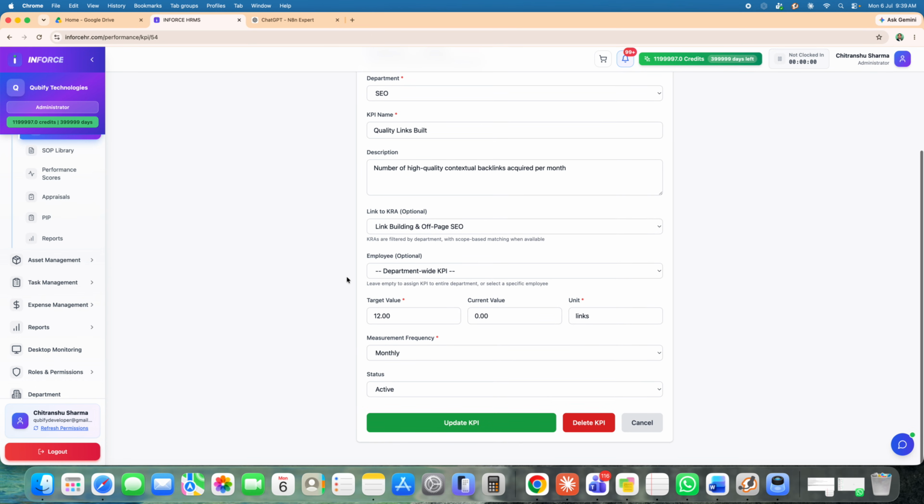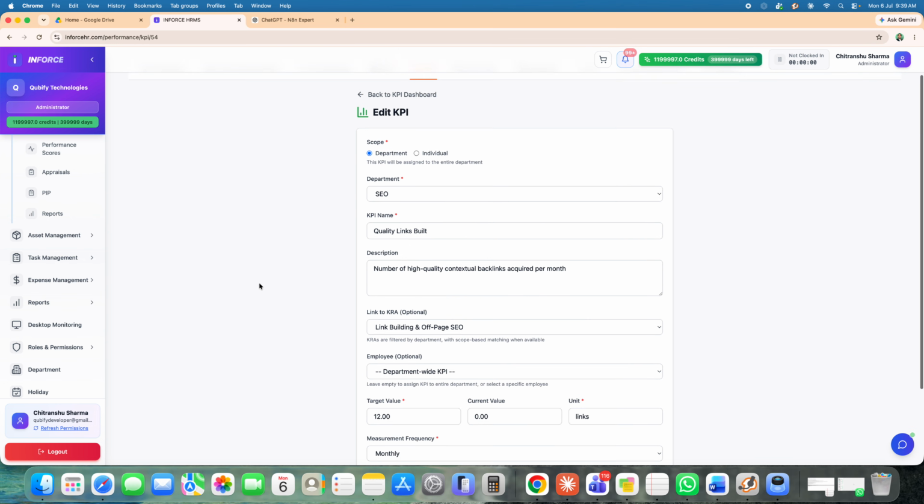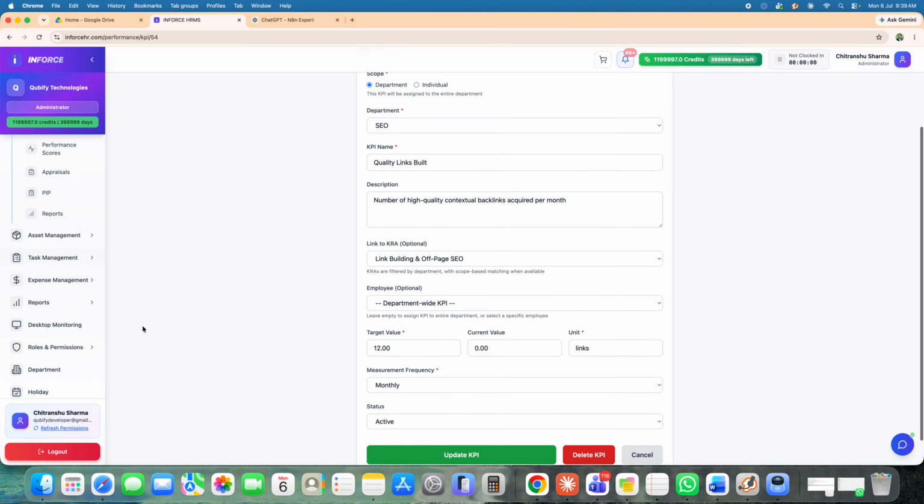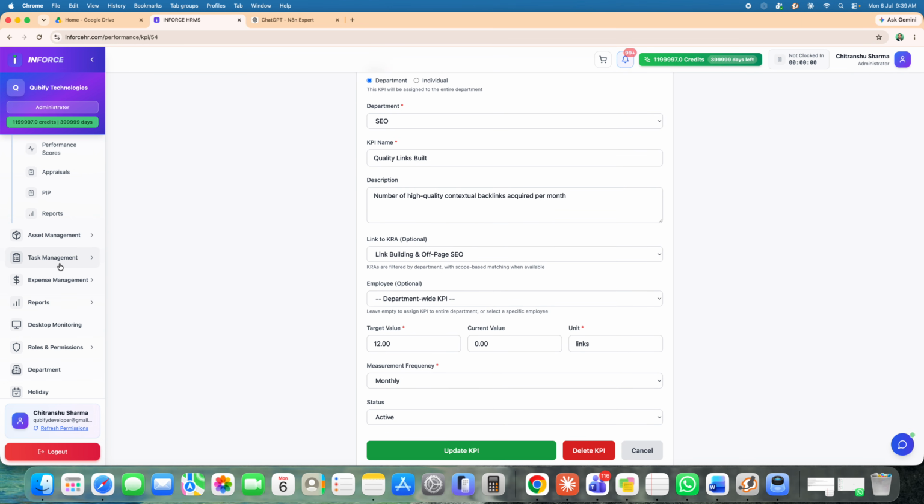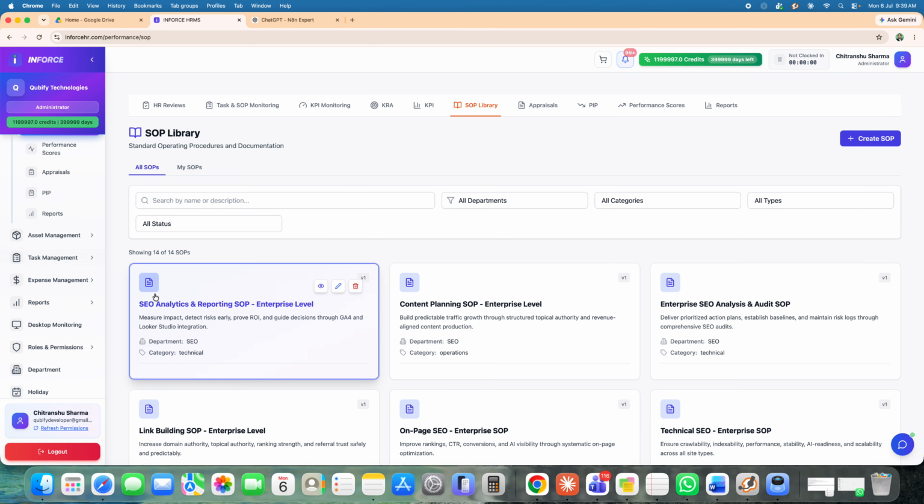Also all the data that is there in the task management will be interlinked to this, and the algorithm will calculate data based on the tasks from the task management, and these KPIs and SOPs and all the data will be reflected at the end of the day on the KPI monitoring dashboard. So everything is interlinked. So let's move on to the SOP library,